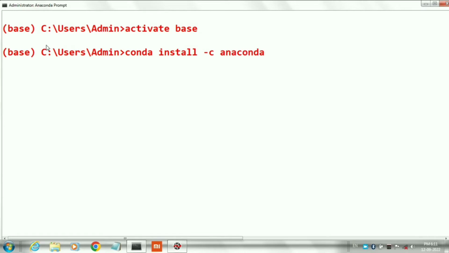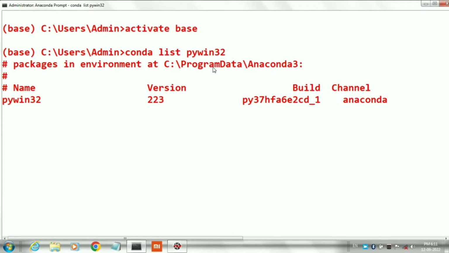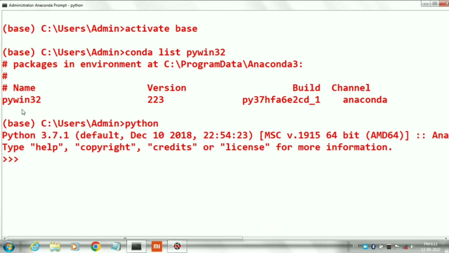Conda install -c anaconda pywin32 will install this package in your system. To verify whether PyWin32 is installed or not, we will write conda list pywin32. This is the information. Now we will verify whether Win32 API is imported successfully or not.